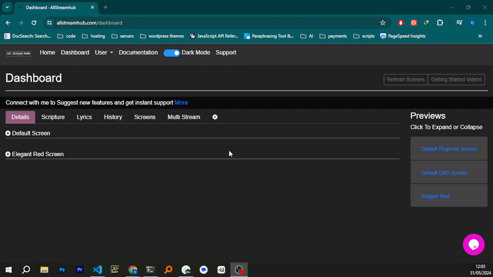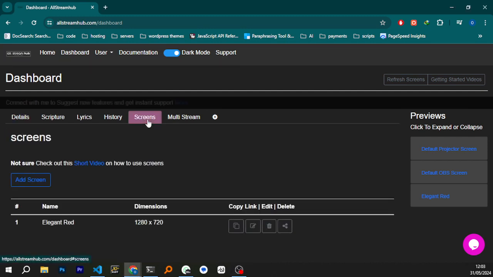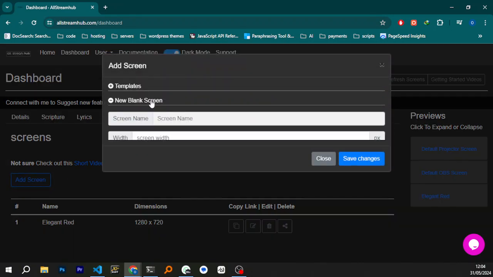I'm sure it still has a lot to desire, but it will keep getting better and better. So let me go right into it. This is my admin panel, similar to yours, just one difference. This is the dashboard of allstreamhub. Now if I come to screens, I will go to add screen. Now just for this purpose, I'll call it